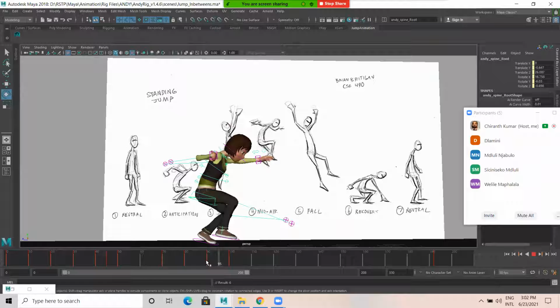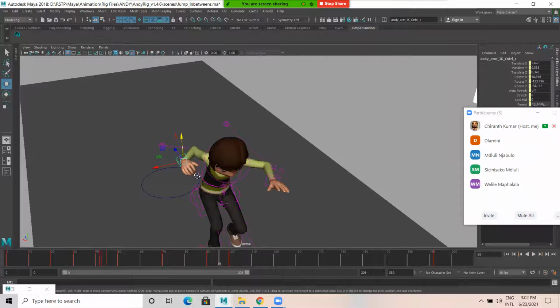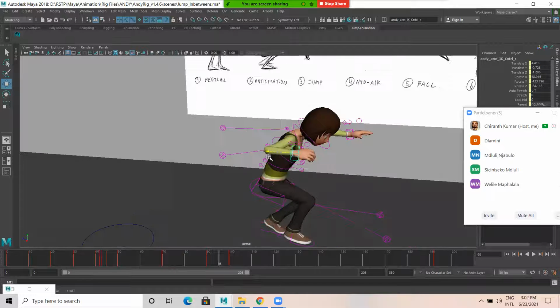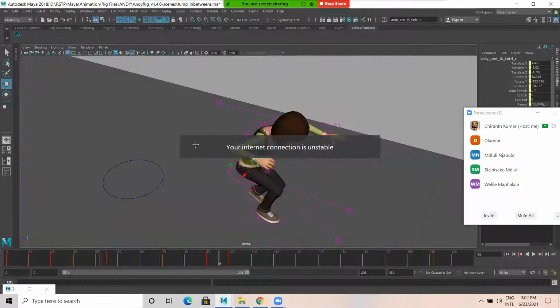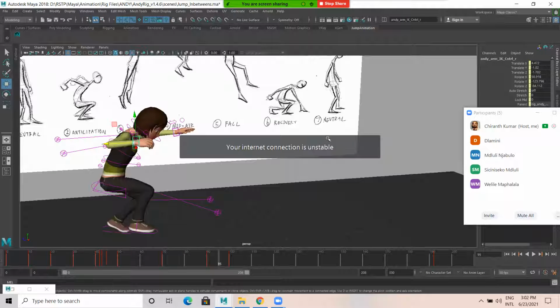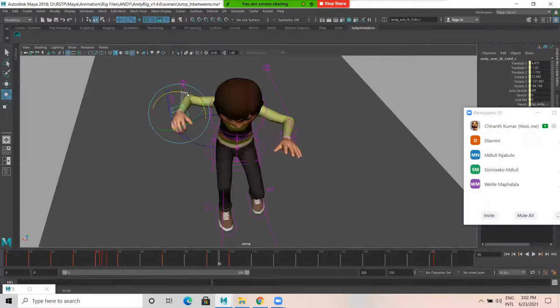Now let us see in between 90 to 100. There are a few frames. Observe here. So here I don't have to key the entire curves.